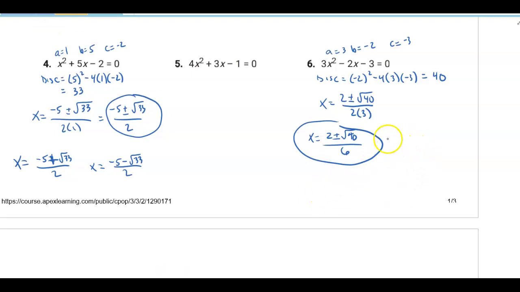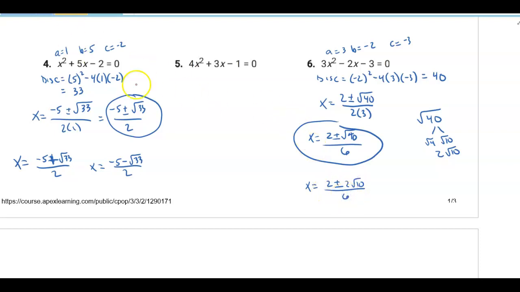So now what they want you to do is rewrite this as 2 plus or minus. Now, they take the square root of 40 and they say, all right, this breaks up into the square root of 4 times the square root of 10. Now, what is the square root of 4 going to simplify to? 2. Can I simplify the square root of 10? No. So now they want you to break this up into 2 plus or minus 2 root 10 all over